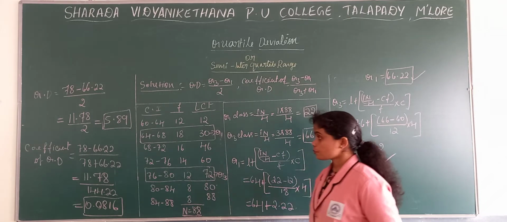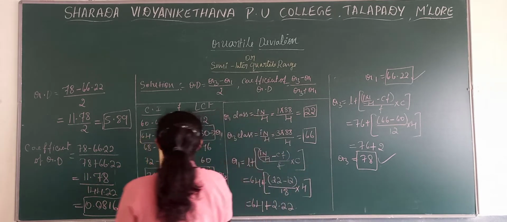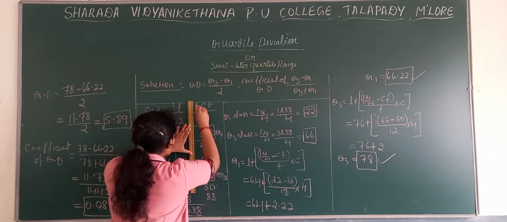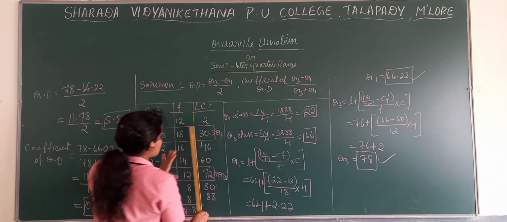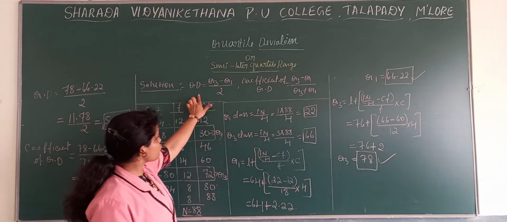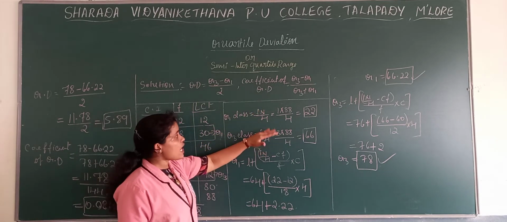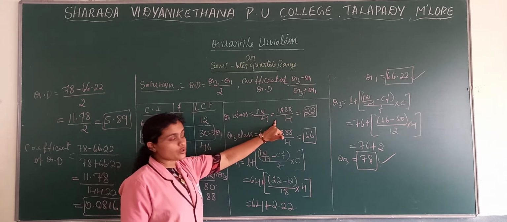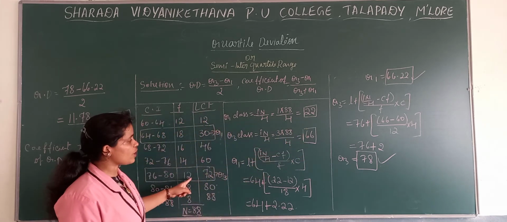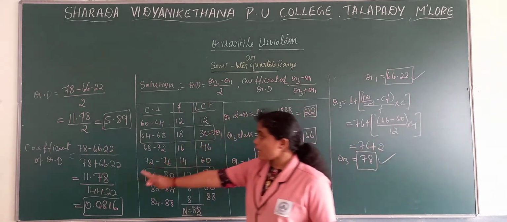So this is about the continuous series. When you solve this, you have to draw the lines properly; there should be a proper table. I have not drawn any lines here because it takes time. That's all. Firstly you write the main formulas. Then in case of continuous, define the classes: N by 4, that is Q1, 1 into N by 4, 3 into N by 4. Define the classes based on the cumulative frequency value. Then the Q1 and Q3 continuous formula. Then come back to the main formula and substitute.